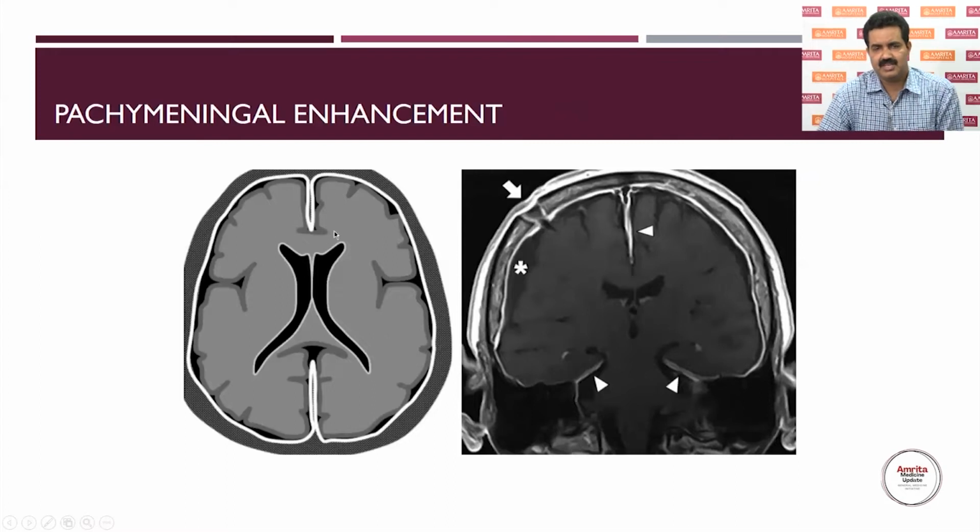So pachymeningeal enhancement, this is one thing where you will see severe dural enhancement, which is usually due to intracranial hypotension, where there will be stretching of the dural layers and there will be more enhancement. So in the MRI, you can see that enhancement only in the dura rather than into the sulci and gyri. You're not seeing that. So this outside is the dural enhancement.